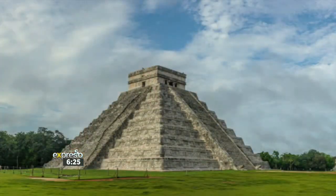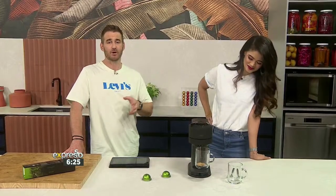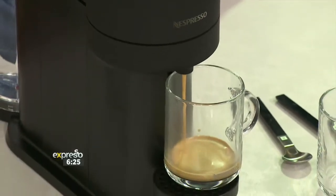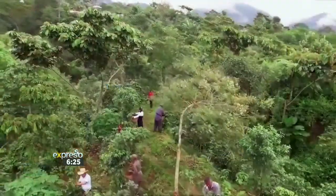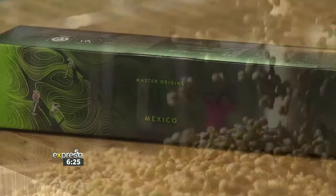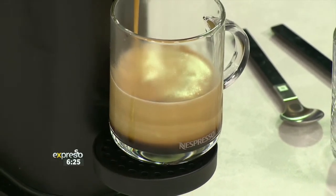So in Mexico, tacos are almost as old as time itself. We know this, but their culinary history isn't just filled with tacos, tostadas, and enchiladas. Mexicans have been growing Arabica coffee for hundreds of years, centuries. The locals love coffee so much, in fact, that they introduced Robusta coffee in the late 1940s. Not willing to settle for anything less than the best, Mexican Robusta producers developed a unique double washing technique to clean the beans of the fruity flesh that tends to stick to the beans in the Mexican climate. Wow. And Expresso pays tribute to these dedicated farmers with the Master Origins Mexico coffee, using coffee processed with the same technique. Nice. Now, the result is an intense coffee with pronounced wild and spicy notes and a rich texture,